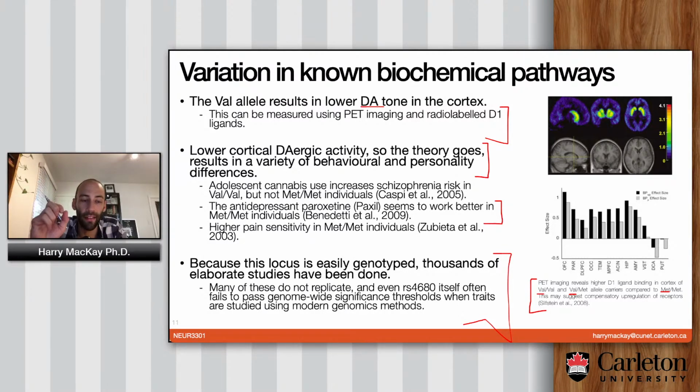That same logic applies to the genome. So if you're studying, say, 100,000 different SNPs, you have to take your p-value and basically divide it by 100,000. So things have to be very, very significant if you're looking everywhere. But if you're only looking at one thing, p less than 0.05 is good enough. So it's much easier to do these kinds of studies for a number of basically practical reasons. That's why this has been so well studied, despite it being just one SNP out of zillions that human beings have.